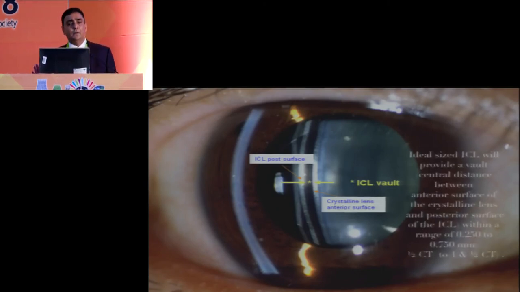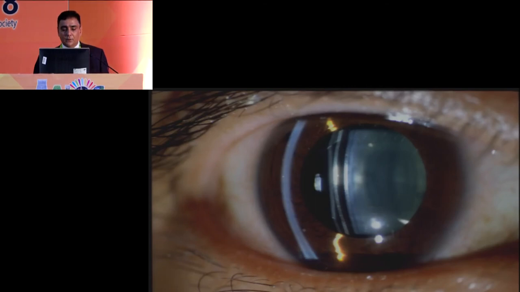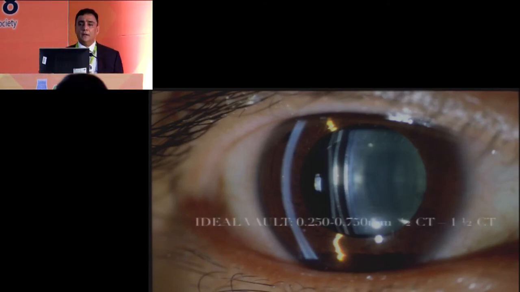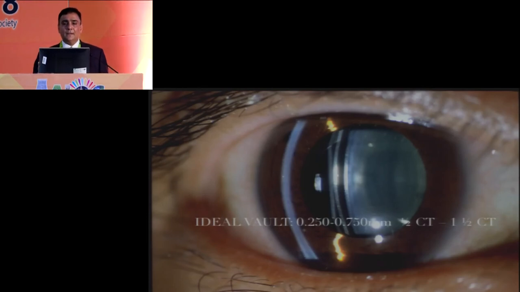So this is an ideal vault. The ideal vault is 0.25 to 0.75 away from the anterior lens capsule. So this is the right vault that we want in every case as far as the ICL goes. You can see the distance between the anterior lens capsule and the ICL. So this is what we want to target for each and every patient, and the summary again is that sizing